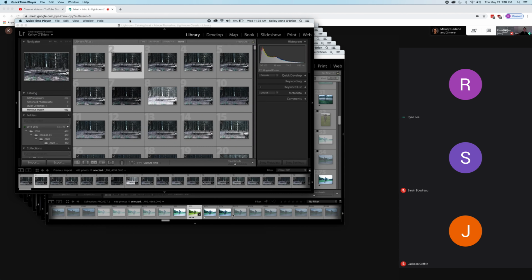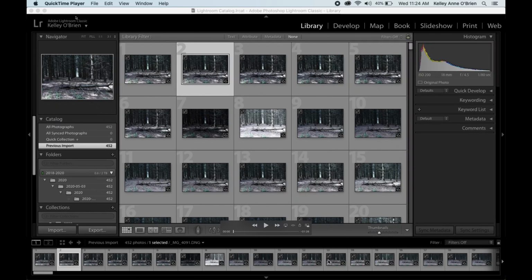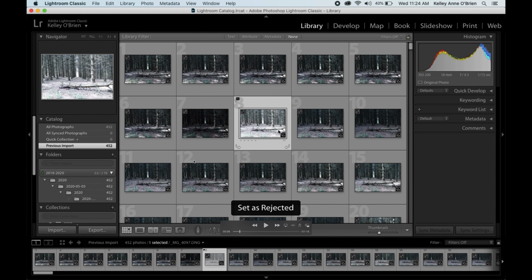Or that you also don't want to be using your computer during that moment. So it's just really helpful to plan ahead for that to take a long time and for you not to be able to use your computer. So once they are all uploaded, you'll see them in here, right? So we have all of our different images. So I have all 442 photos located in this file. They'll show up here. We want to make sure that we're in the library button and not any of these other ones. And then what we'll do is we'll start to go through them